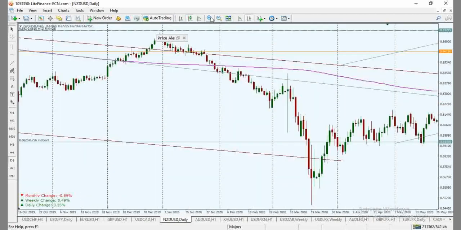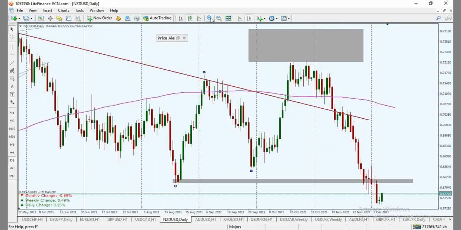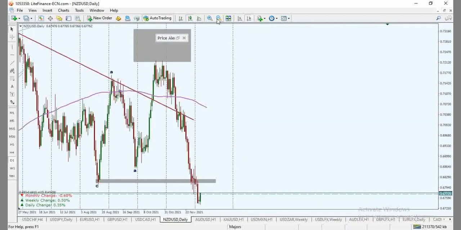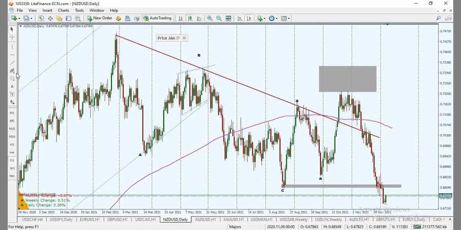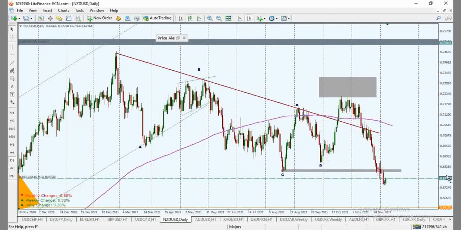And whatever corrective wave or corrective structure that could be, I think the best scenario will be to wait for price to either test this point here or this structure, which was the previous structure there. Then we could wait for some sort of validation or structure for the next drop to the downside. All right, so I'll wait for that, and once that is complete, then that will be the best entry